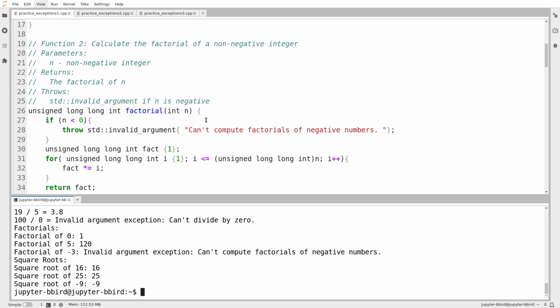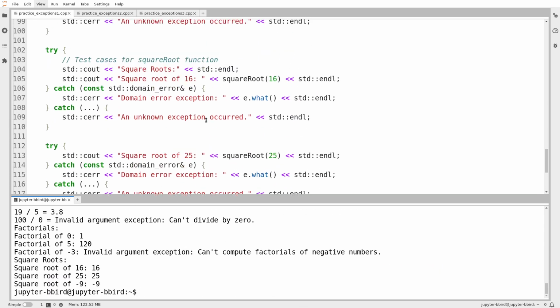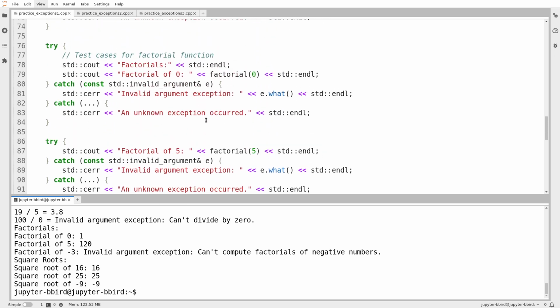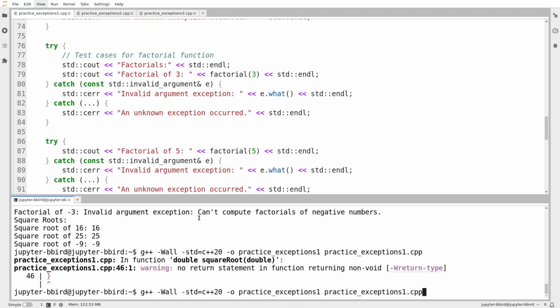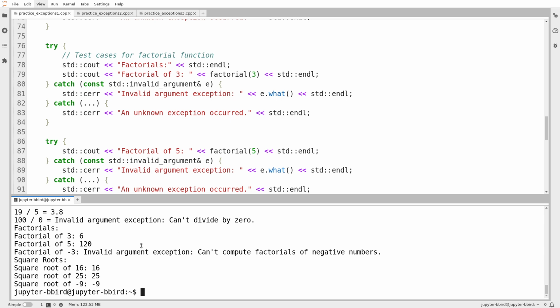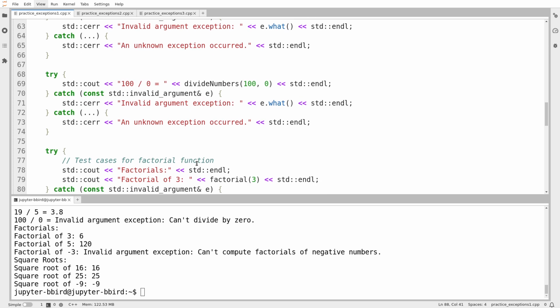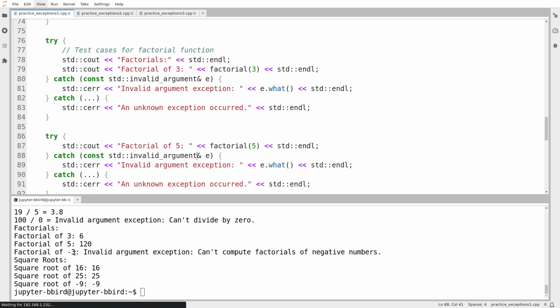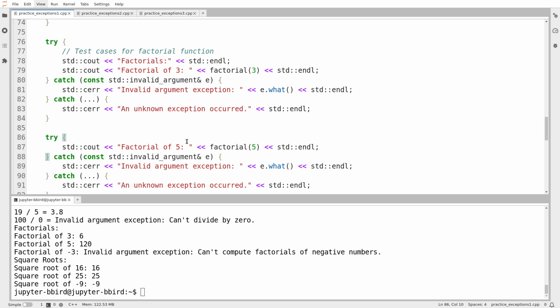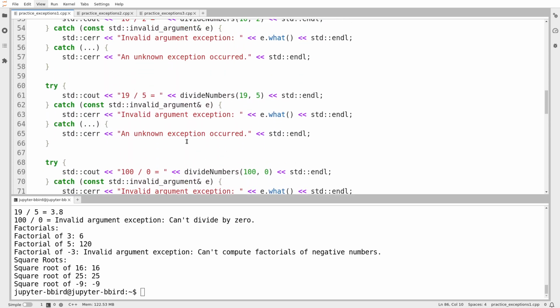Okay, so now it's 120. I'm going to add another test case. The factorial of 3 is 6. Let's try computing the factorial of 3 here instead of 0. We know it works for 0, so we can remove that test case. All right, factorial 3 equals 6. I'm going to declare the factorial function to be complete. It is throwing invalid argument on my negative argument, and even if there were a bug in the arithmetic, frankly, I mean, you know, the exercise is about exceptions.